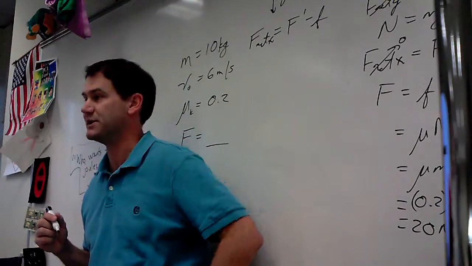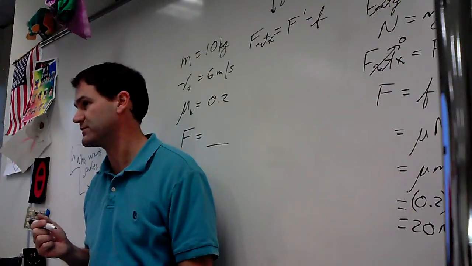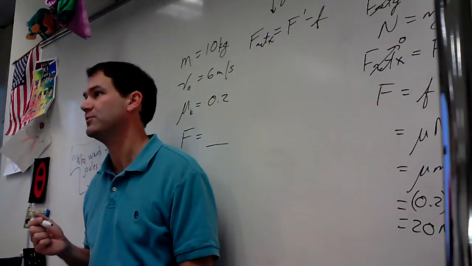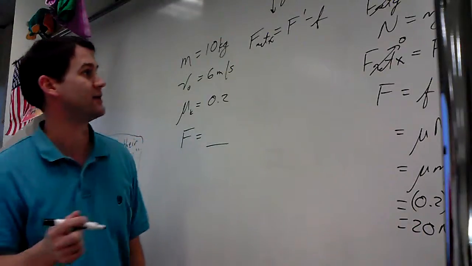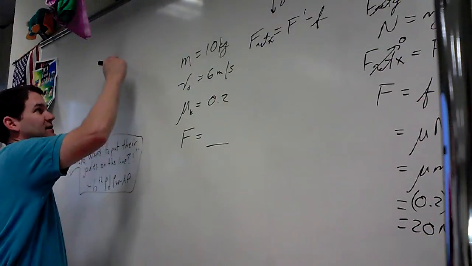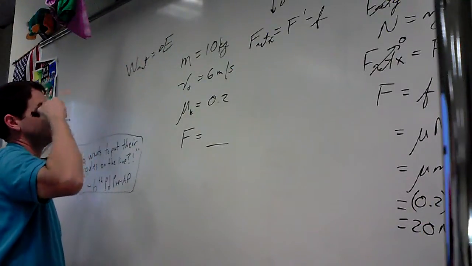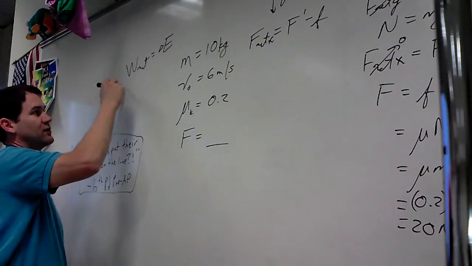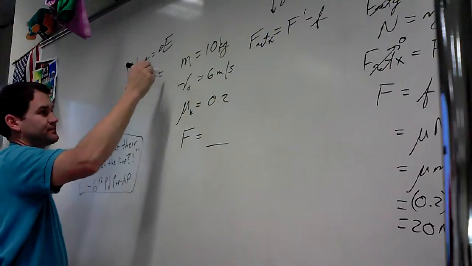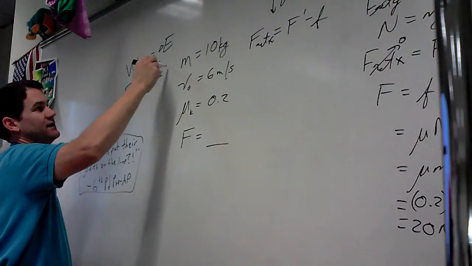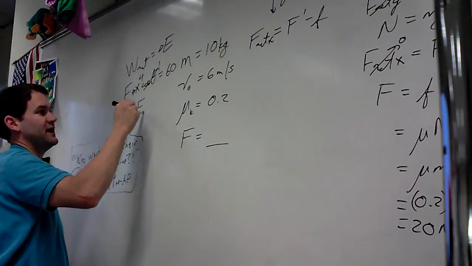How I would work it is they gave me the change in energy, and I know that a change in energy comes from work. So whatever change in energy was there was equal to the net work done. And so I'm going to say that net work is change in energy. Therefore, work, which is F delta x cosine theta, which is 1, equals the change in energy, which is 60. They gave me this as 4, so the net force is